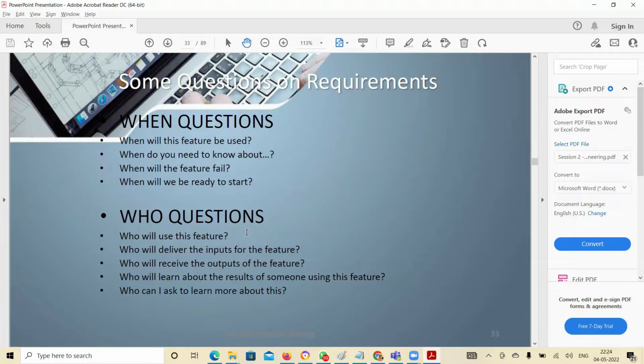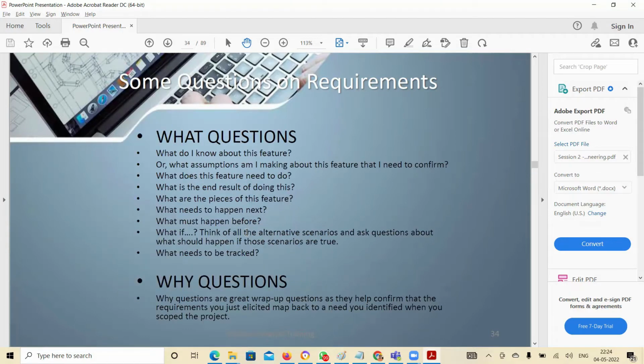So when it will be used, who will use it, why do you want to use it? The last one is why. For the other questions, what, how, when, where, you can answer in a single line. This will be used here. But when they answer in a single line, sometimes you may not get enough information. Then you ask why. The moment you ask why, it kind of opens up.